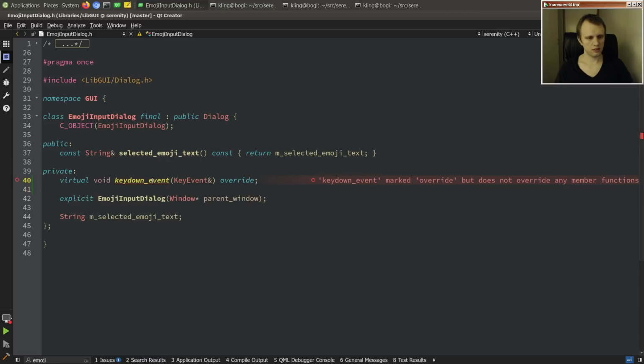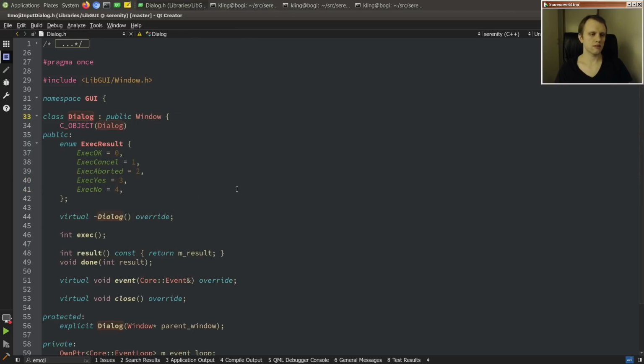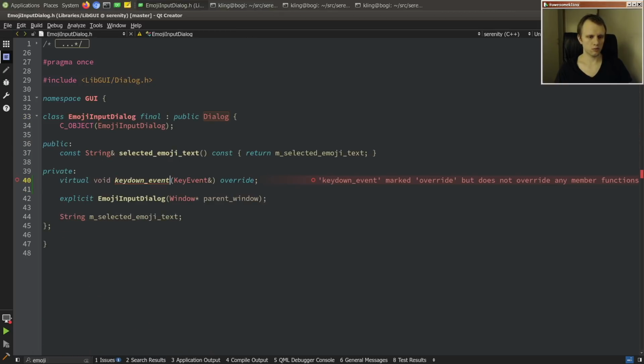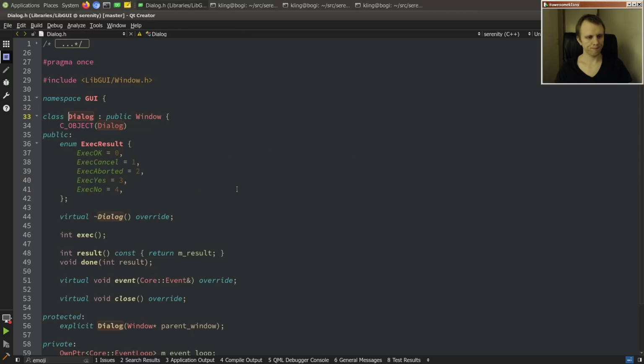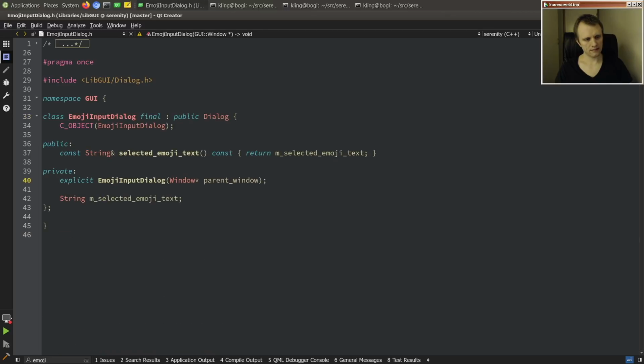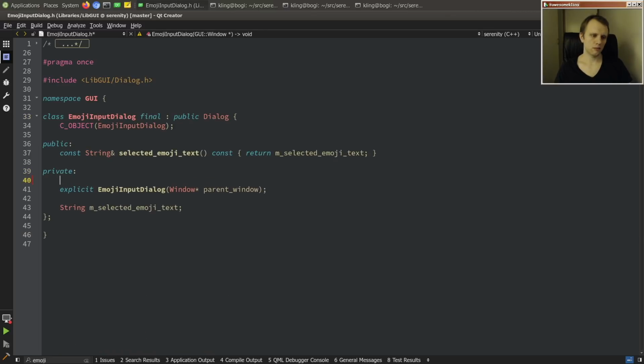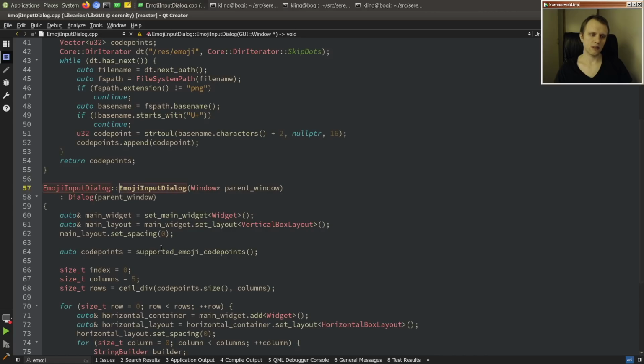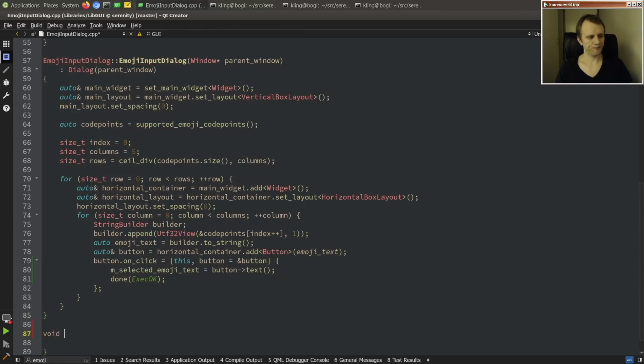Wait, why don't you like keydown event? Oh, because it's a dialogue and that's a window. Oh, oopsie doopsie. Okay, yeah, windows don't get key events. That's true. But they do get events. They get all events. So we could just go here and say event,